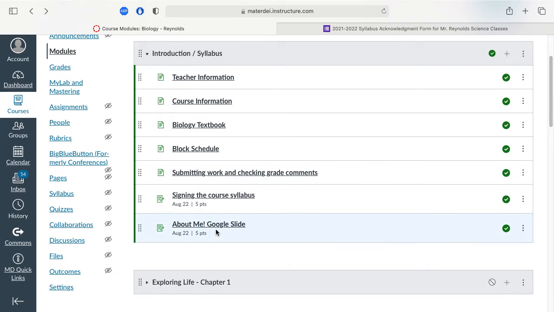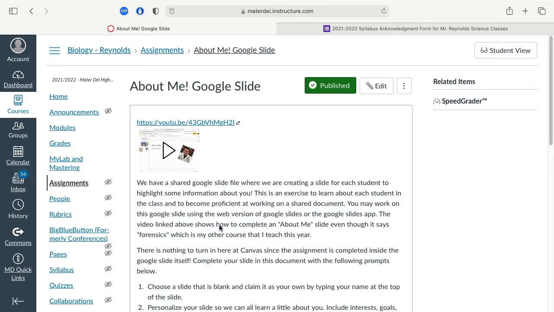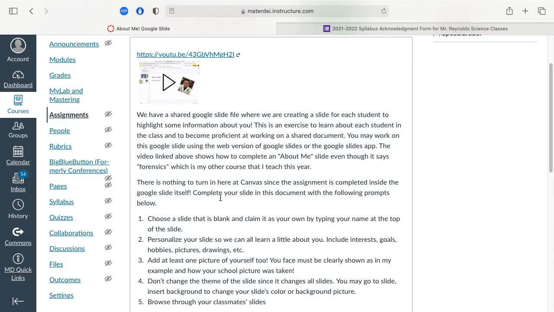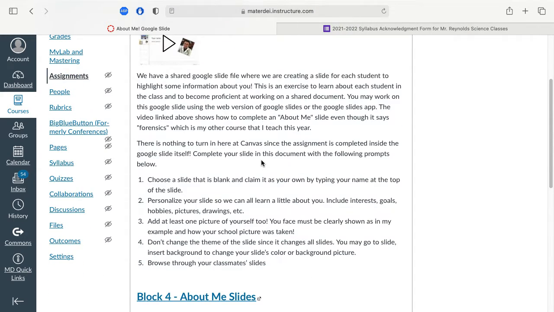And now let's talk about the About Me Google slide. I'll give you time to work on this. If you'd like to watch a video on how to do this more specifically, you can watch that on your own. I'm just going to open up the Google slide and show you what to do. But if you want to see it again, there's a video I recorded last year. You are introducing yourself to the class